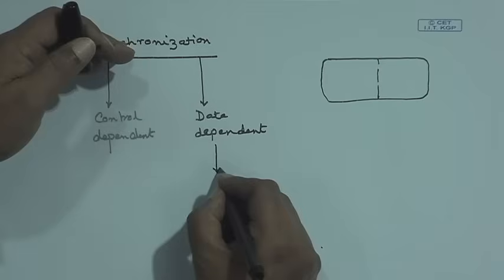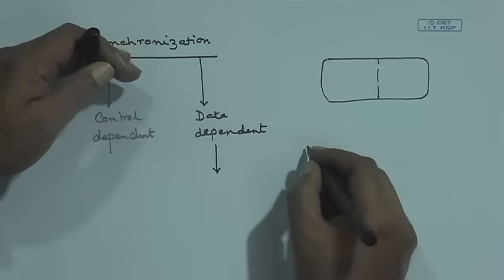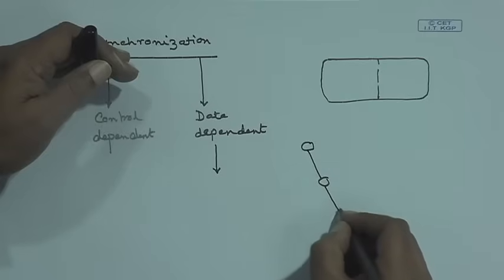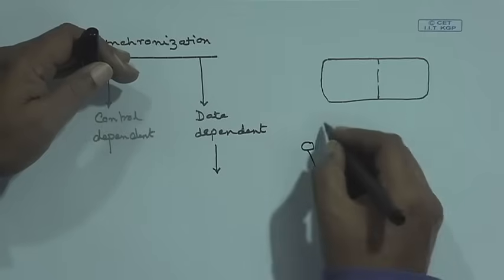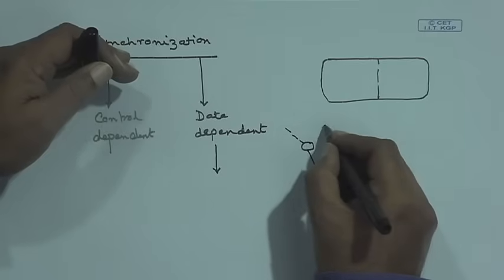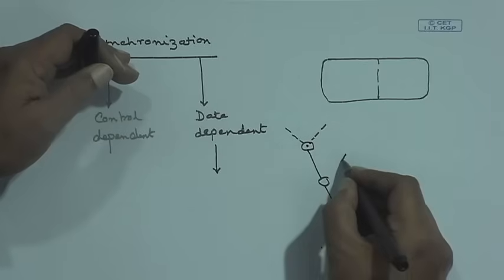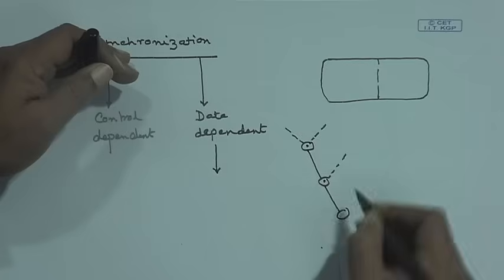Data dependent synchronization is usually done through shared memory. Okay. Now, talking of data dependent, that means what? What is data dependent synchronization? Something is going on, it's proceeding nicely. It's a data flow graph. Some data is available and these are operations. Operations are taking place. Now, here I want